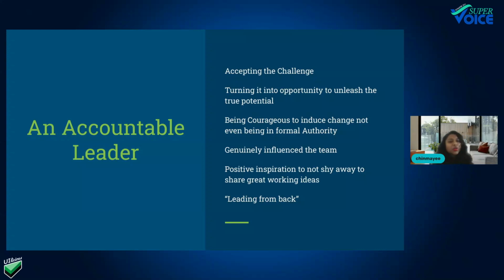Here, she not only accepted the challenge, but she turned it into an opportunity to unleash the true potential. She was being bold and courageous to induce the change, not even being in the formal authority. Remember, she has like 2 to 3 years of experience. She is not in the role that would take the authority of changing the testing approach, but